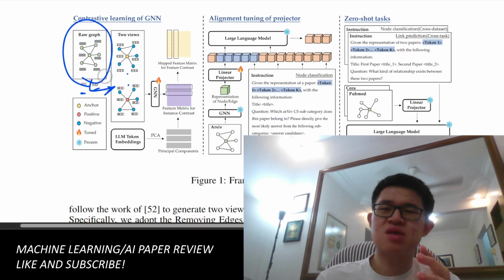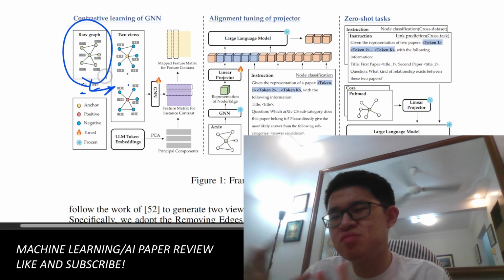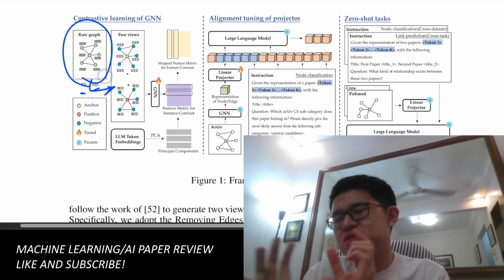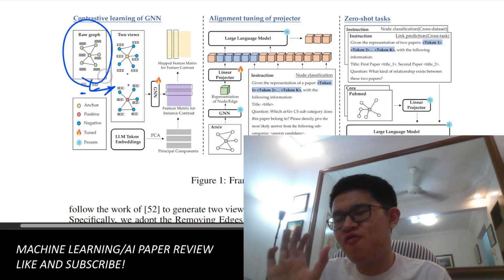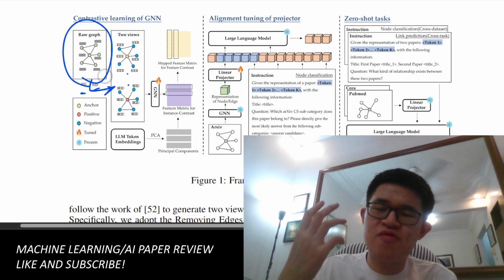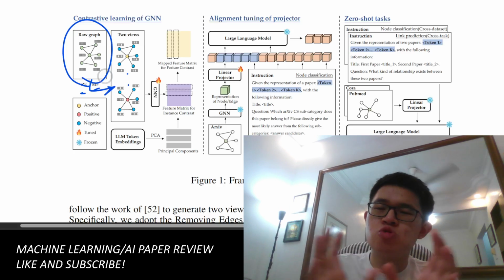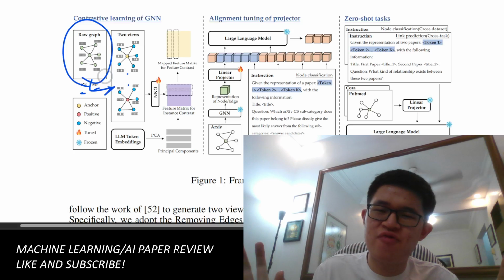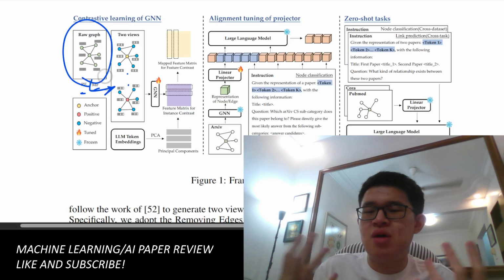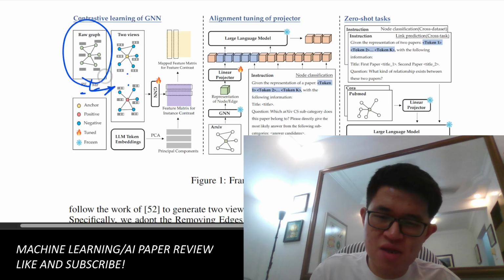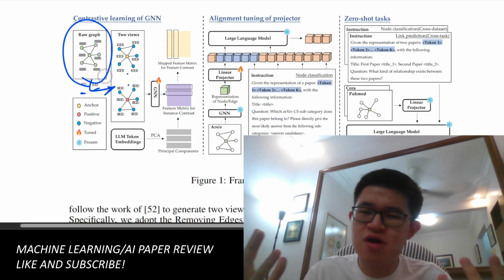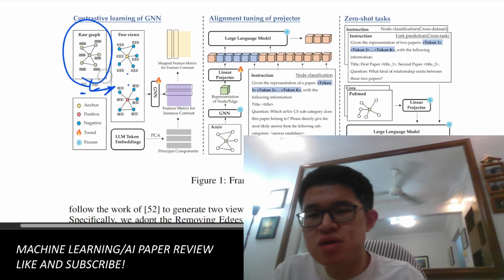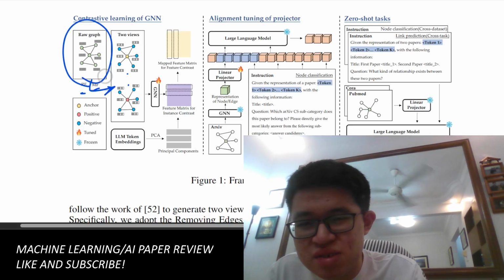Basically, I think you remove some values from the feature vector of each node, and then you create two different copies with two different variations of the same thing. And then they feed it into a fine-tunable GNN to produce some kind of a feature matrix,